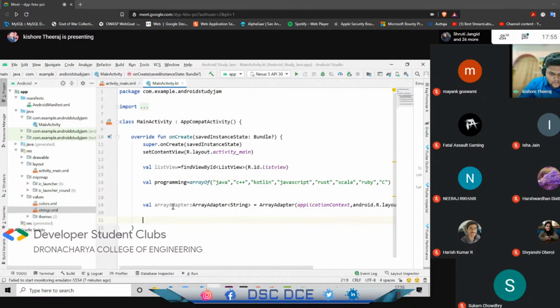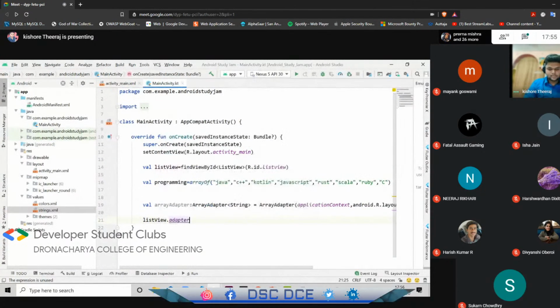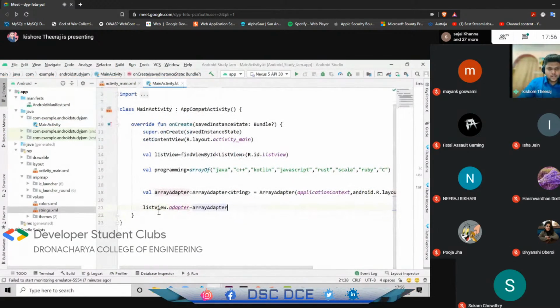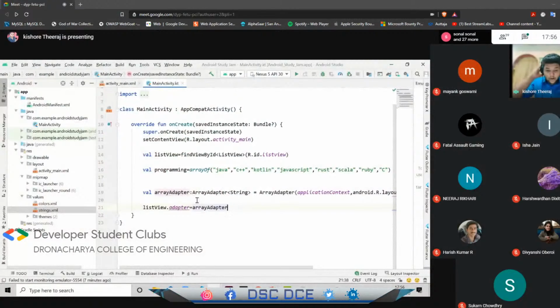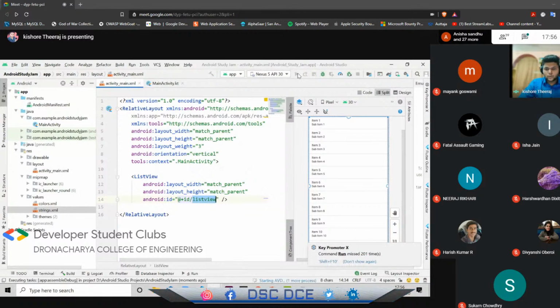You need to set the adapter to the list view. How can you set that? It's easy. Let me tell you. Just type the name of the list view. Our name of the list view is list view or else a variable, and then a dot, and then type adapter, and then equal to array. So now our array adapter is set to the list view. So when we run our code,